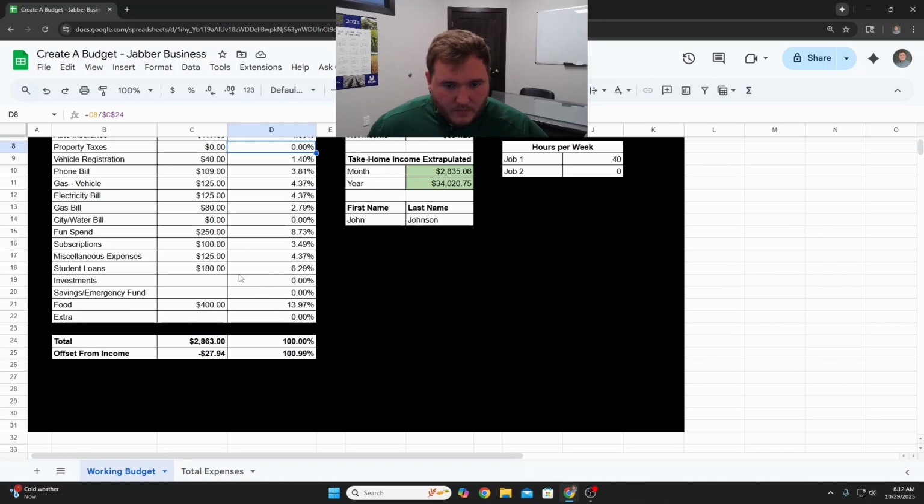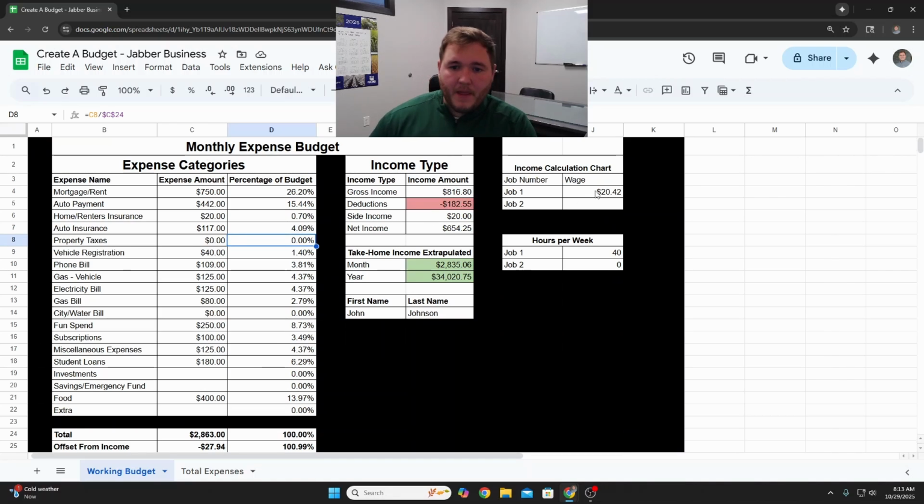Now, if we're looking at this scenario here, we've got Johnny making $20.42 an hour. He works 40 hours per week. His gross income weekly is $816.80. But here are the deductions. So this would be things like your federal tax, your state tax. This would also include Social Security, Medicare, any of those little built-ins that are deducted from your payments every month,